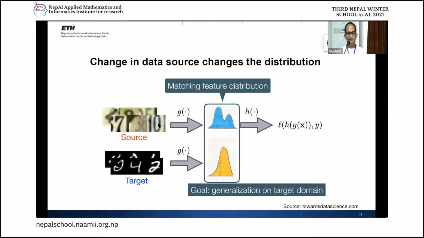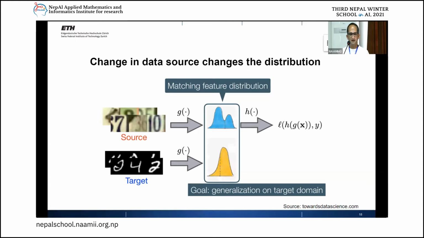the distribution of these data sources is going to be completely different. Now, if you pass these digits through the same model that's been trained to classify the digits of MNIST, it is going to perform very, very poorly. Now the question becomes, is that okay? I have already learned what numbers are. I have already learned that in the MNIST digits. Why do I have to learn on the street signs, street numbers, right? I mean, it just